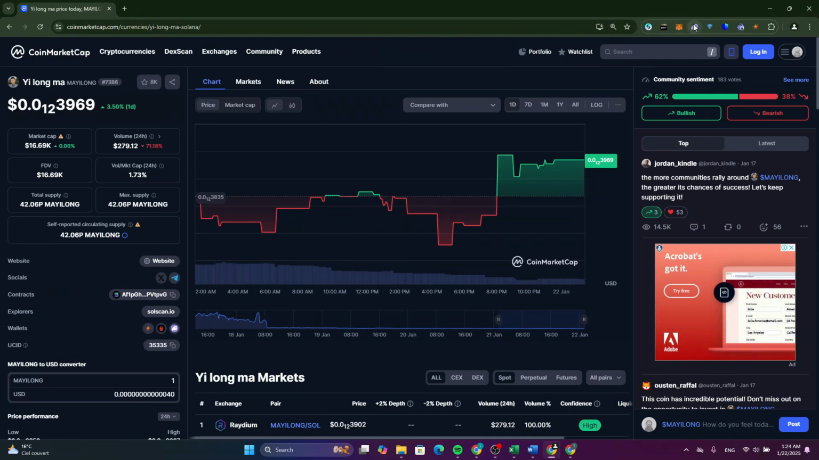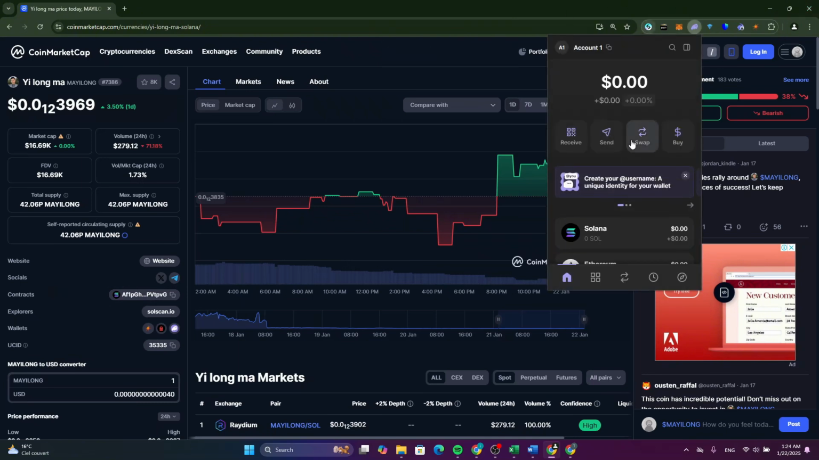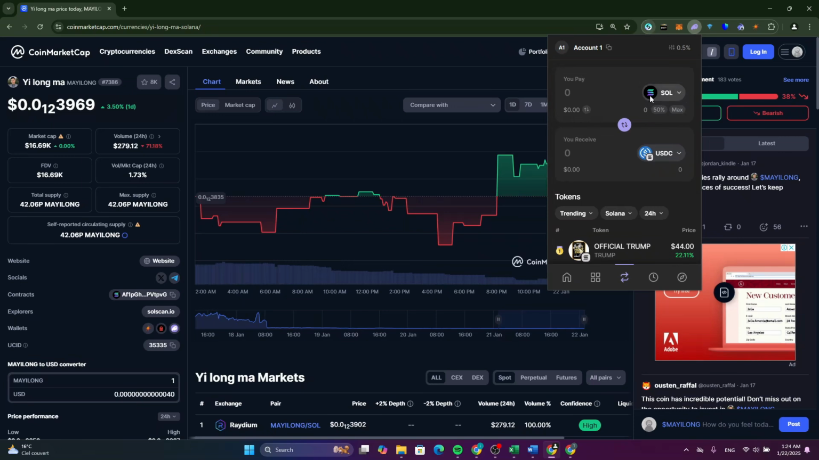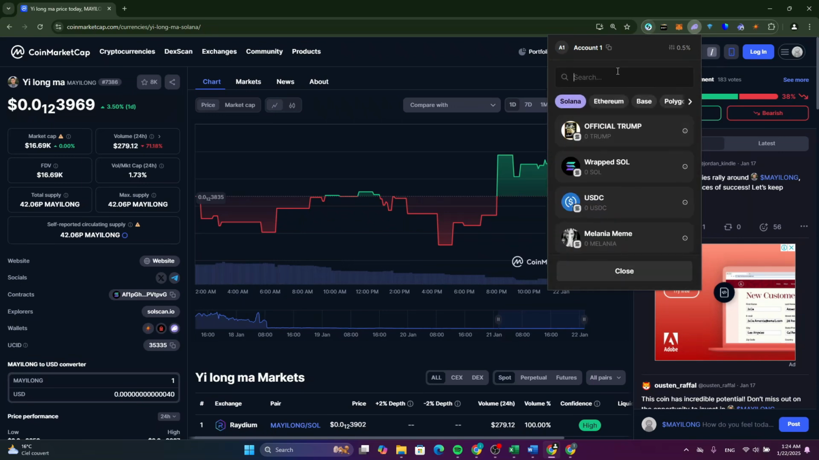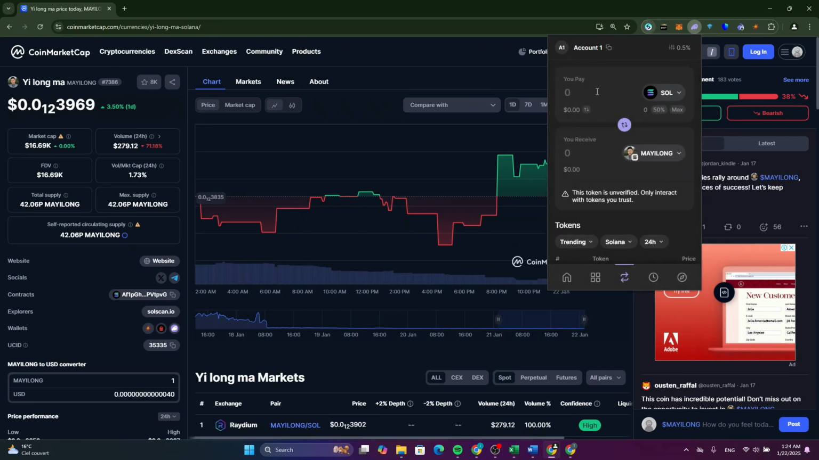Now for that, it's easy and simple. Open your Phantom wallet. Now what you need to do is click on swap. Make sure you have enough Solana in your wallet and click here, paste the token address. As you can see, this is our token, click on it. And here you can type how much you want to buy. Wait a few seconds, and as you can see here, you will be able to see how much you receive